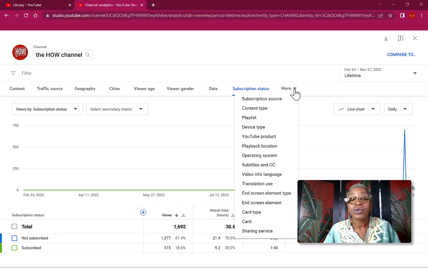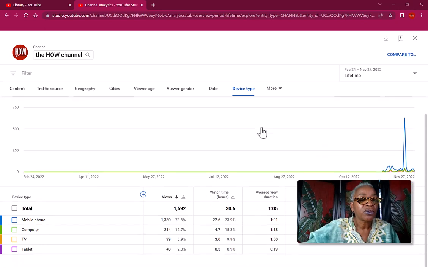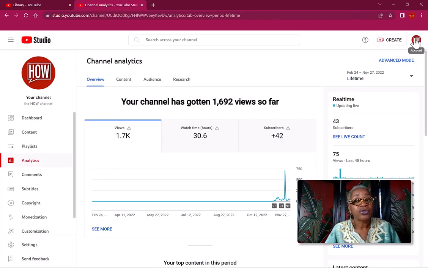But we can also go on here to look at our playlists, our device types. What are people watching on? I'll go ahead and click that. Are they watching on mobile devices or computers? Down here in the lower left, you'll see that breakdown. Most people are watching from their phones, and that's not unusual. That's quite common. So that's everything on my dashboard. And now we've returned to my analytics board. I hope that gives you an idea as to